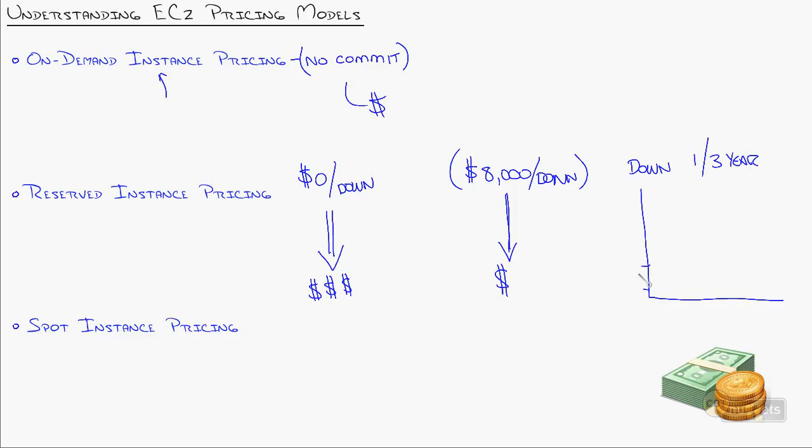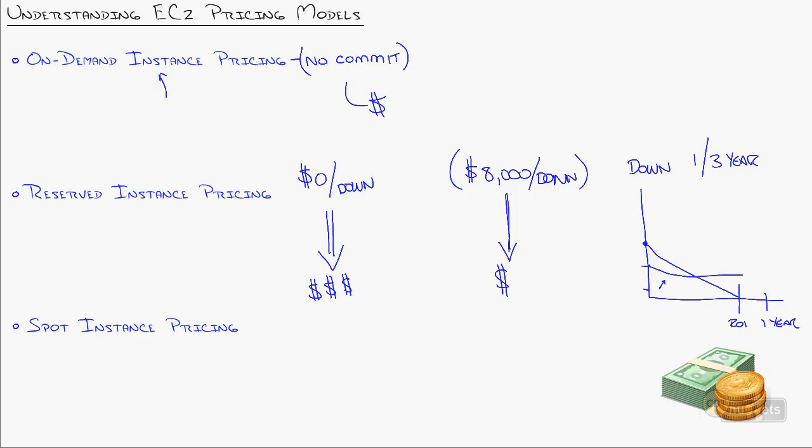Does that make sense? So by the time it's said and done, you may have an initial higher point of entry, but the lower hourly rate ends you up better, to where, right here is maybe your return on investment, if you will, than if you just do the flat on-demand pricing. And maybe there's some price cuts and increases there, but you get the point, right? In the end, if you have that 1-year term, you're going to end up paying less if you do reserved instance pricing. Now, this is where it gets a little more complex.